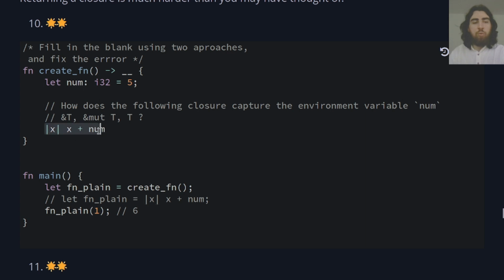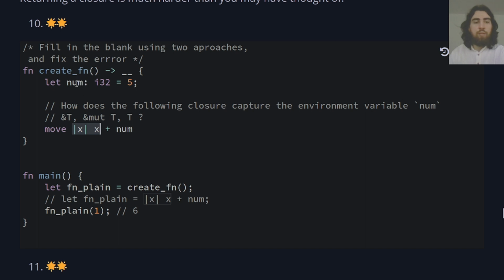Otherwise, when we return the closure and num gets out of scope, then over here we hold a closure that refers to something that got out of scope. So let's use the move keyword here, meaning num gets moved into the closure. So the closure will become the owner of this